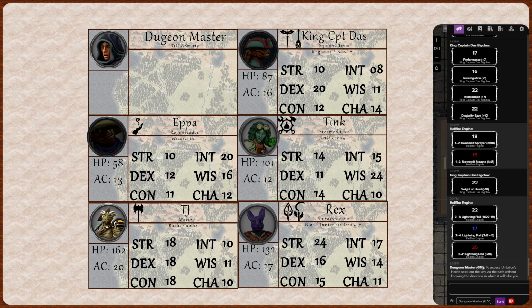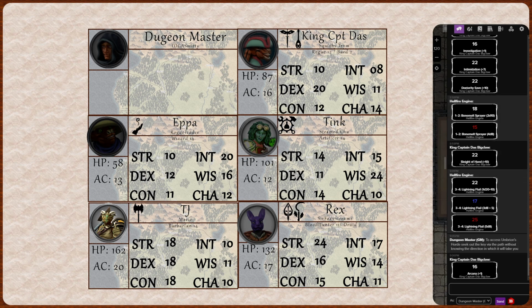I was going to say, go ahead and give me an Arcana check on that one. My Arcana's not great. Would it help if Tink did, because she has the crown? Tink would probably be the best person for it. I'll roll an Arcana just for funsies, but Tink can do an Arcana or an Insight check. If you do the Insight, I'll do the Arcana. So I got a 16. I could try to roll Arcana as well, if it's okay. You can certainly aid with the Arcana.